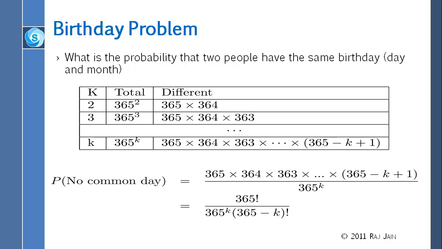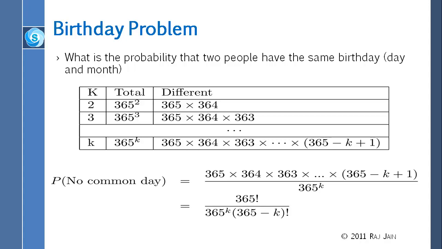There are 365 days in the year, but there are only 20 people in the room. And the probability can be calculated as follows. If there are two people, the first person will have 365 possibilities, the second person will have 364 possibilities if we want to be different. So the total number of possibilities is 365 squared, but these are the different possibilities. So the probability of being the same with two people is 1 minus this upon that. That is the probability of two people having the same birthday,